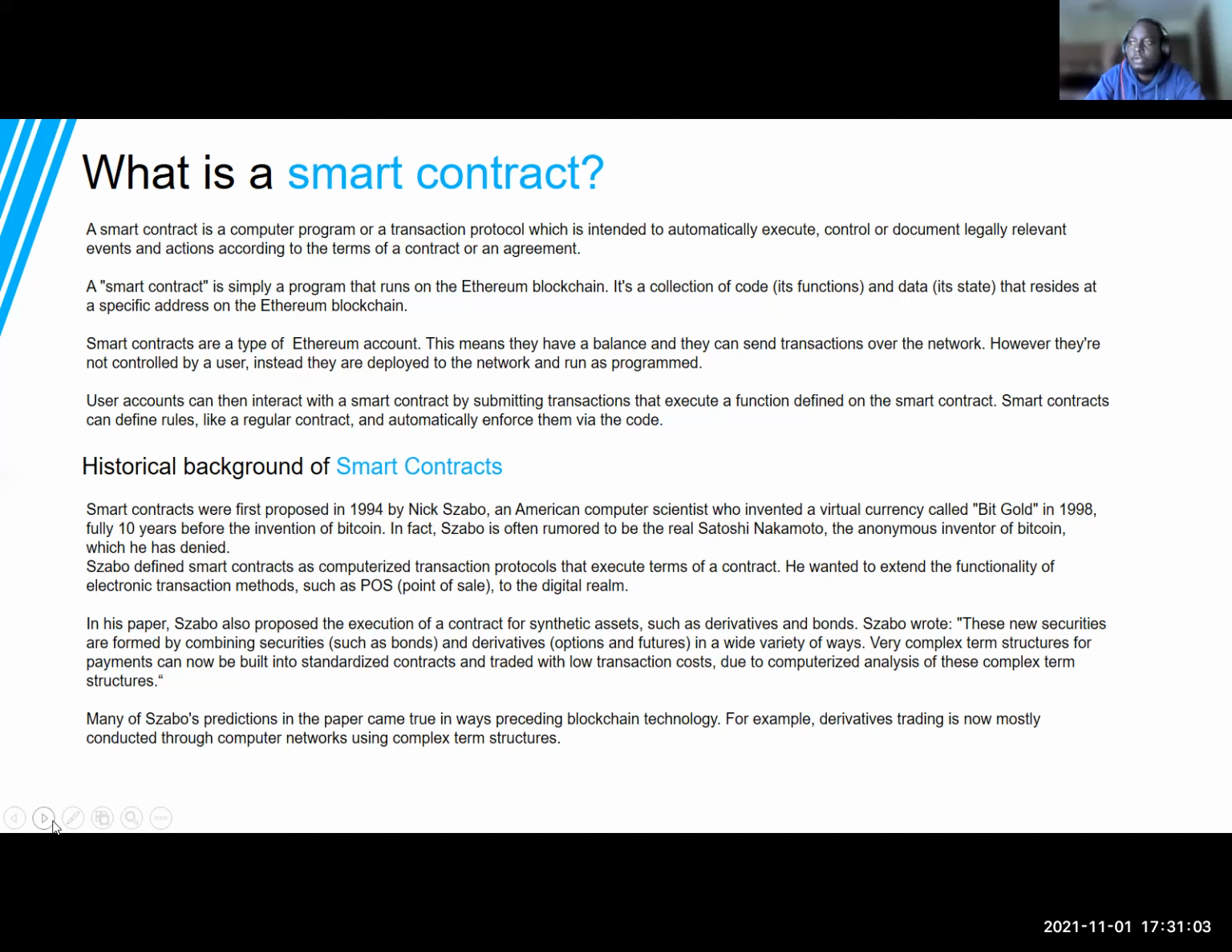So to understand a little bit about the history of smart contracts, we will have to go back to at least, I think, 27 years ago. By that time, I think Vitalik was just a baby when Nick Szabo was proposing the use of smart contracts. So Nick Szabo, or N. Szabo,